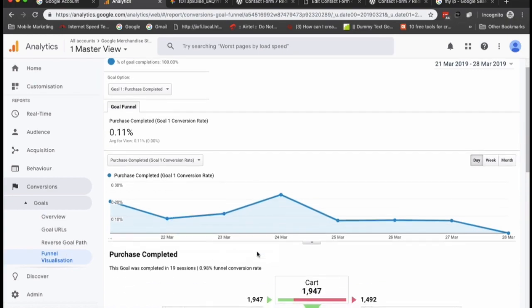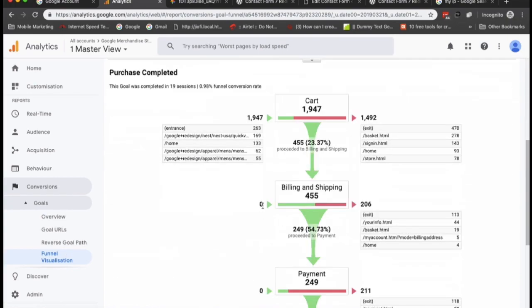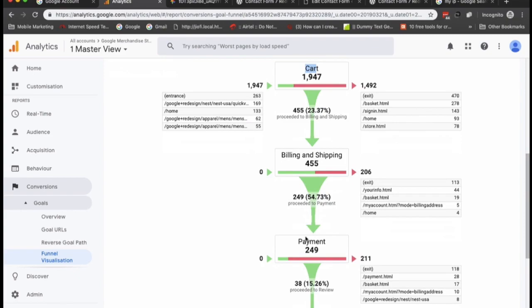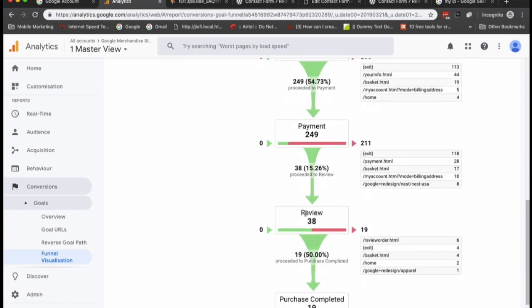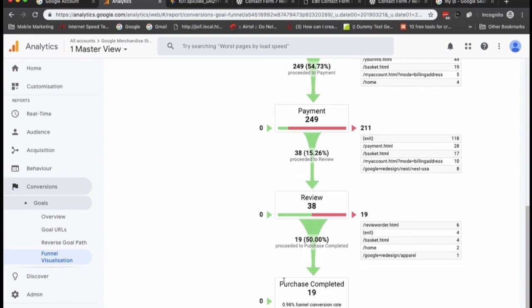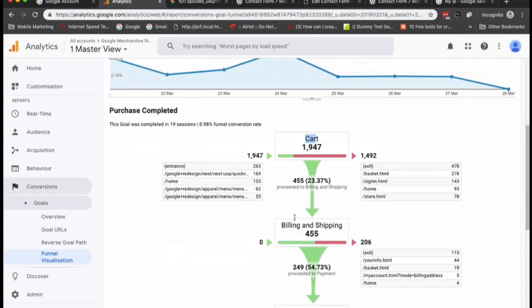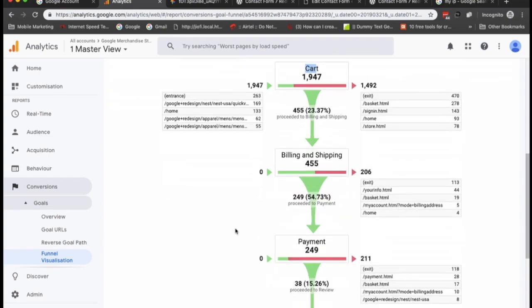Basically you can set up a funnel, that is the path which will lead to the completion of the goal. So for e-commerce, adding a product to the cart, billing and shipping, payment, and final review before purchase and purchase complete are basically part of the funnel which can be set.